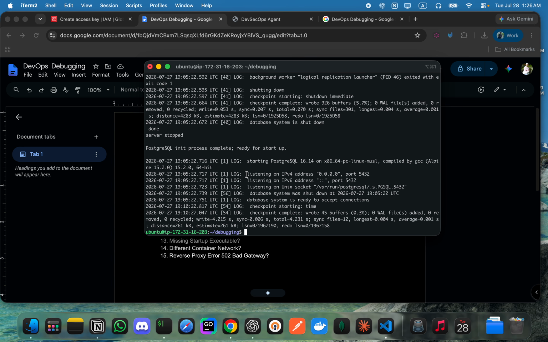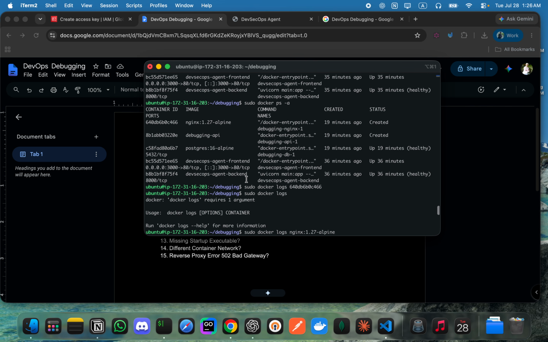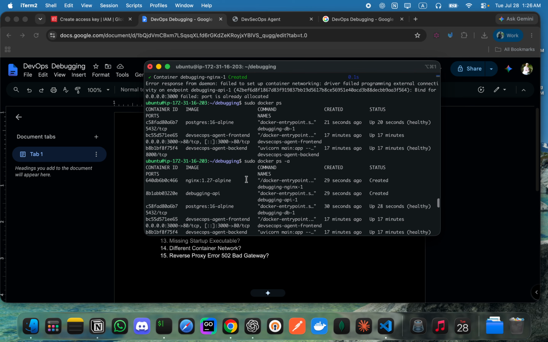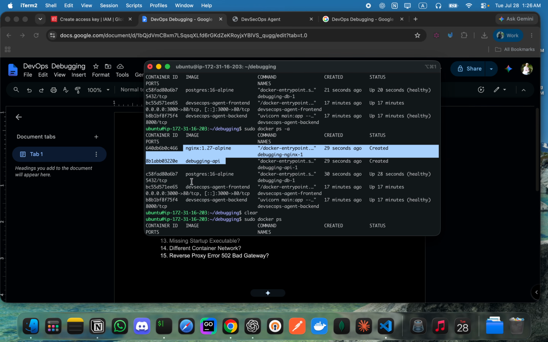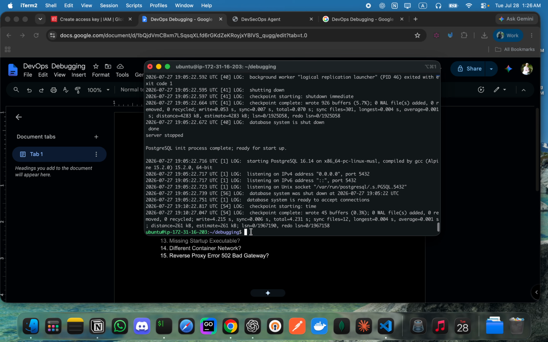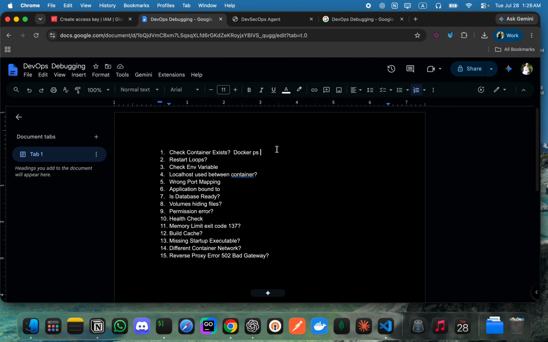So this is your first step. You have to see whether your container is up and running or not. So here it is. My containers are not up and running for 2 containers, 2 images. So that's your first step. Then go to the second step, restart loop. Is your container